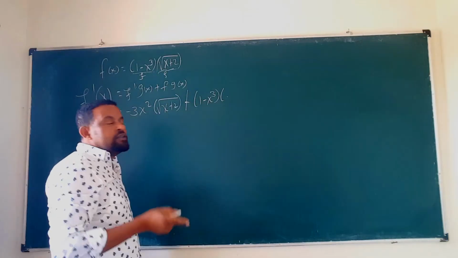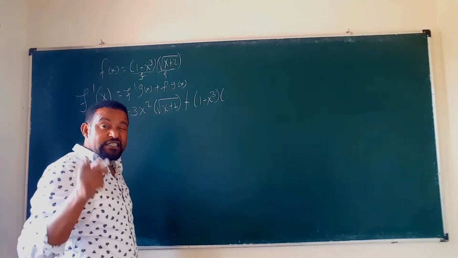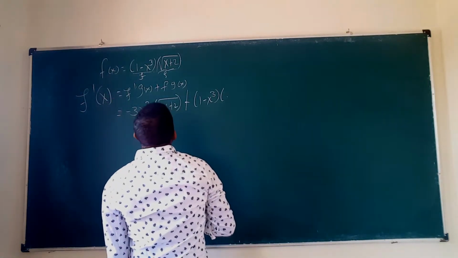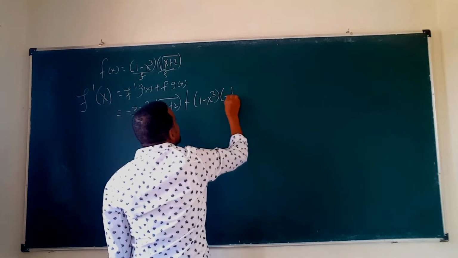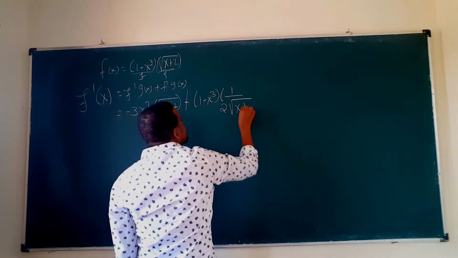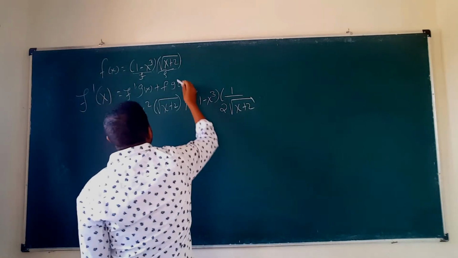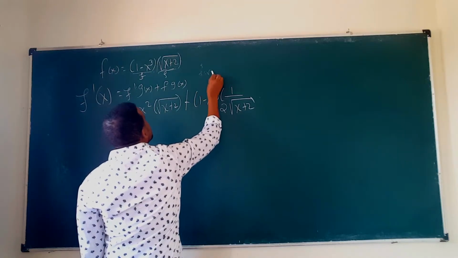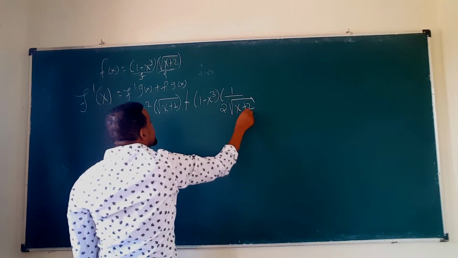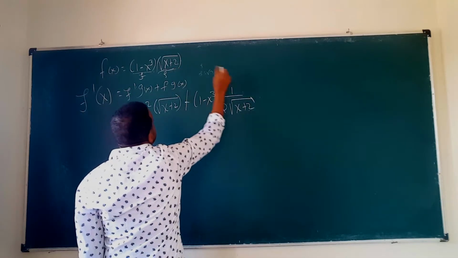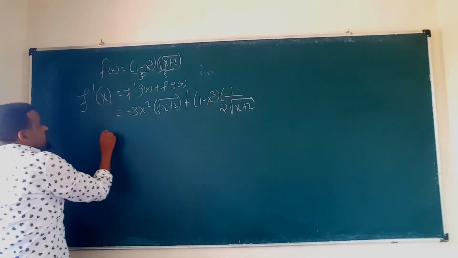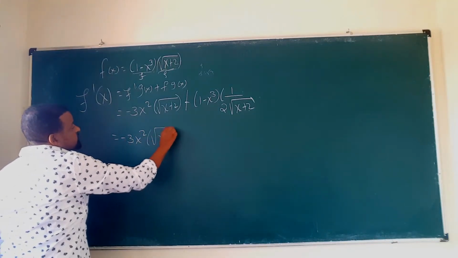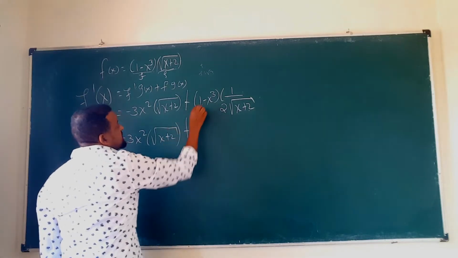Hey, chain rule, that is the chain rule for radical functions. I made a video on the chain rule for radical functions, watch it well. So the derivative of this one is what? 1 over 2 times radical of x plus 2, by the chain rule. Now take this as x plus 2, as g, and f as radical x. So the derivative of radical x is 1 over 2 radical x, we write x plus 2, times the derivative of x plus 2, which is 1. Okay, so that will be negative 3x squared times radical of x plus 2, okay, plus this is 1 minus